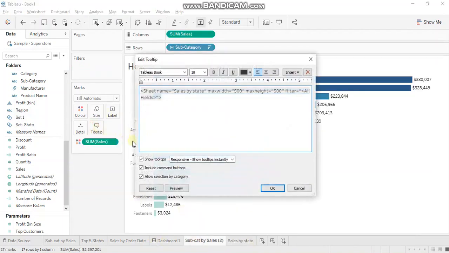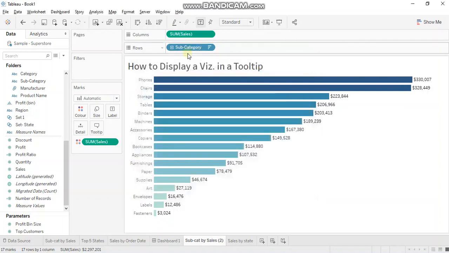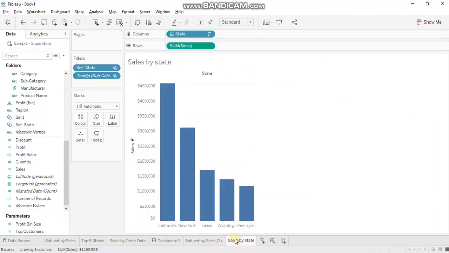first. If you go back to the source sheet tooltip, you'll observe there's an attribute called filter. It says all fields. It gets auto generated and all fields is by default. By all fields it means whichever dimensions are there in your source sheet will get automatically applied as filter in your target sheet. So let's go and check that. The dimension over here is subcategory. Go to the target sheet and you'll observe that the subcategory has been applied as the filter over here.